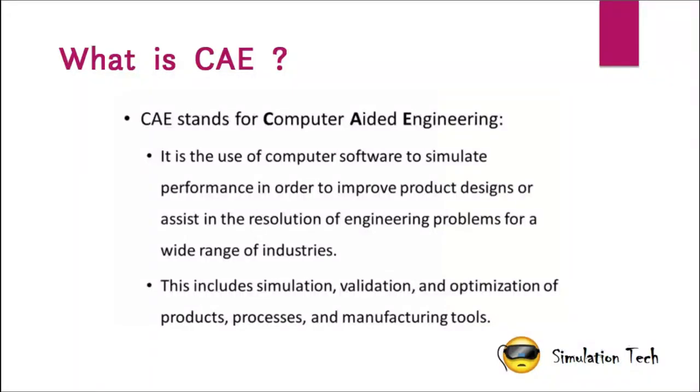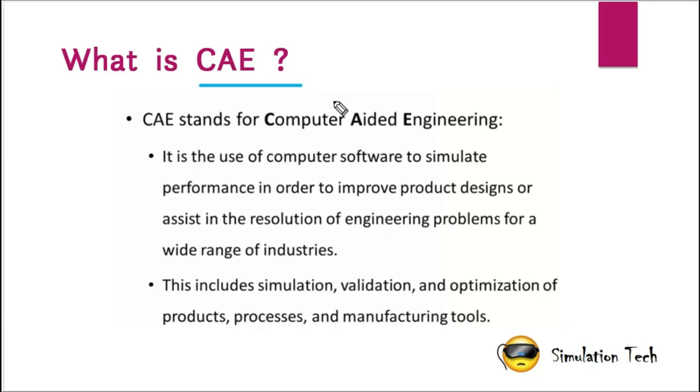Right. So in our previous session, we have clearly seen what the PLM cycle is and what the relation between CAD and CAE is, and these kinds of topics are already covered. So today, we will see what CAE is and what the categories of the design validation process are, and these will be covered in today's session.